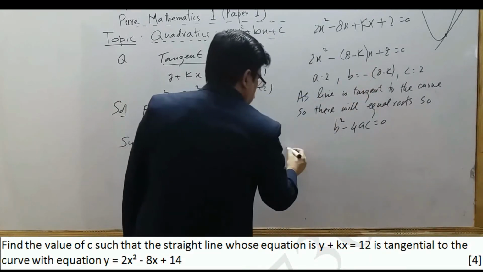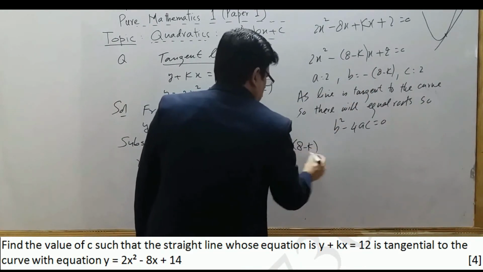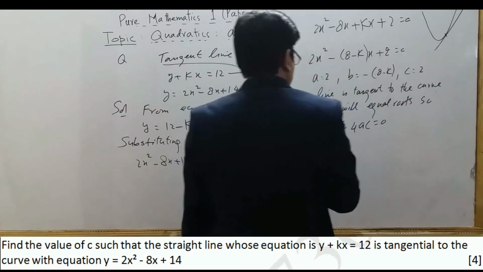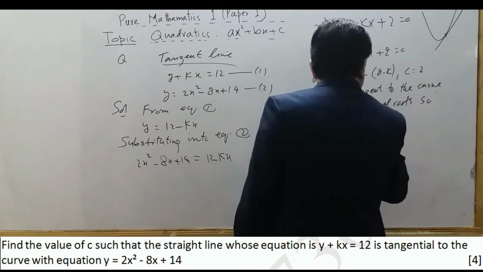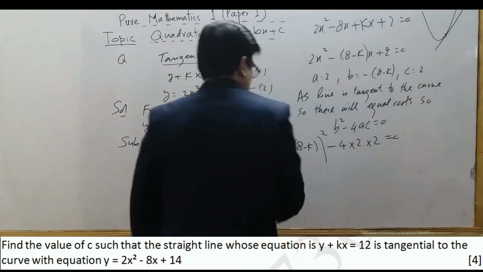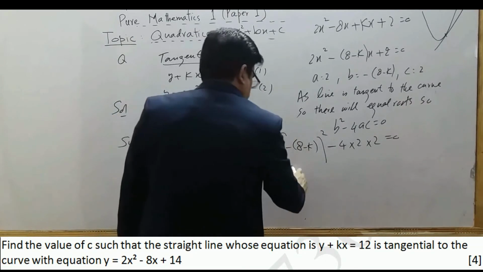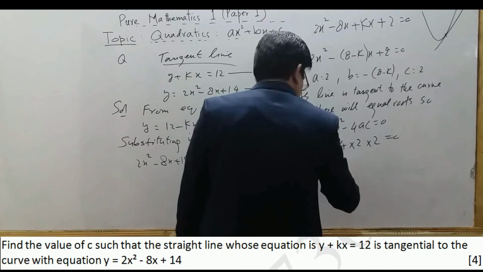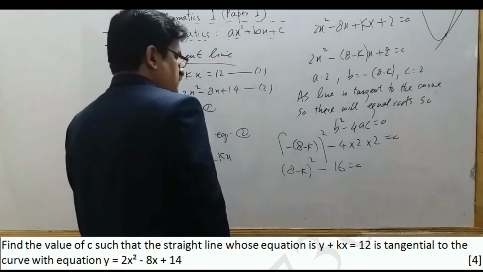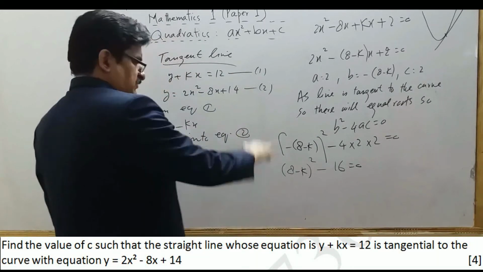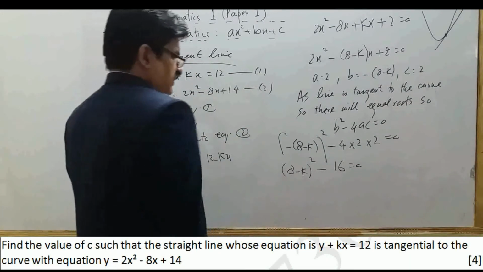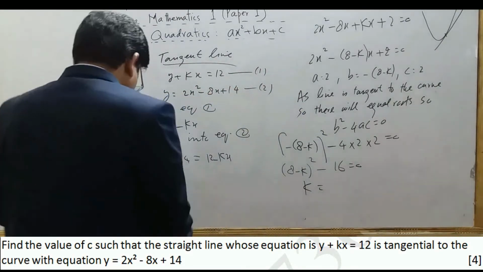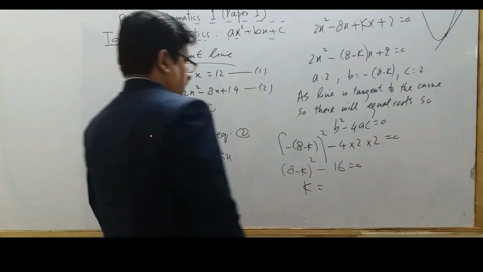Now putting the values, you have this whole square. Be careful, here algebra is involved, minus 4a into c, and this is equal to 2. Now when you take square, minus is eliminated, removed, so it will be minus 16 equal to 0. There are two ways to solve this equation. First, to convert into quadratic. I am saving your time. Now when you solve this equation, you will get the answer to it. It will be 4 and 12.